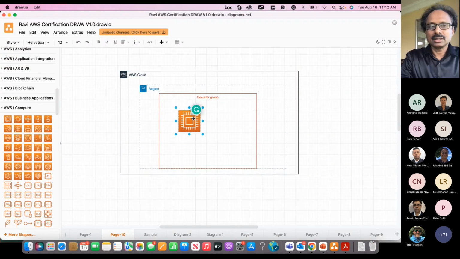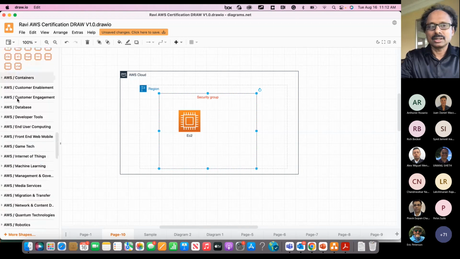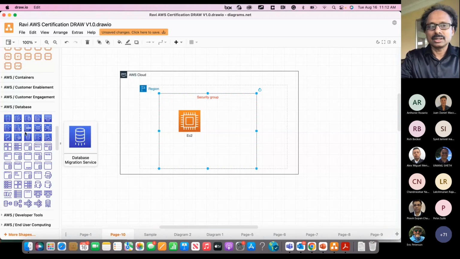You can add EC2 instances, container instances, or any databases AWS is offering, and just drag and drop in the diagrams, and it will create the diagrams for the entire footprint. So it's very important that we create the current state for the on-prem assets before doing the migration, and what we are proposing. What is our proposal to migrate these assets for the customer?